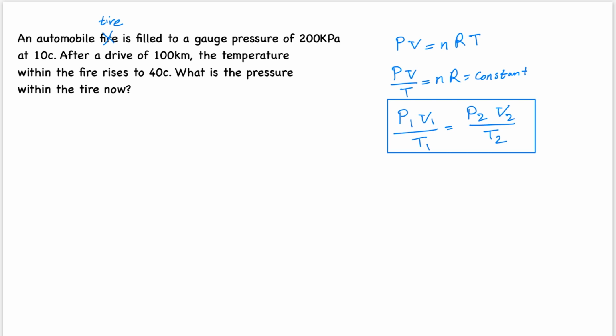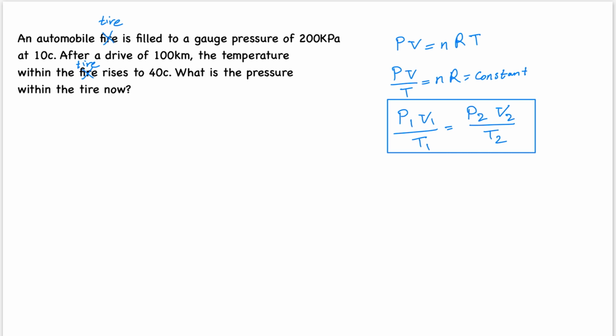After a drive of 100 kilometers, the temperature within the tire rises to 40 Celsius. What is the pressure within the tire now? So we are given pressure and temperature for the tire, but